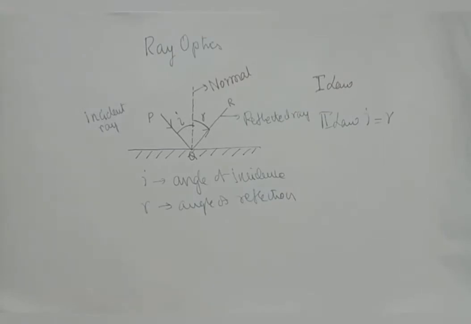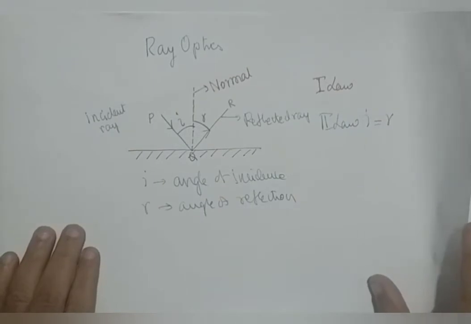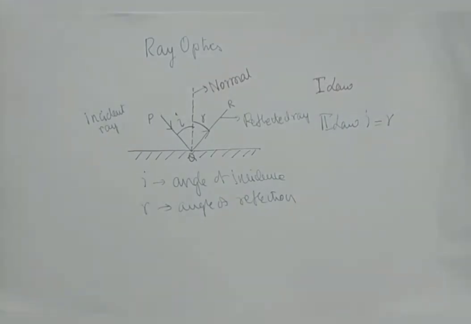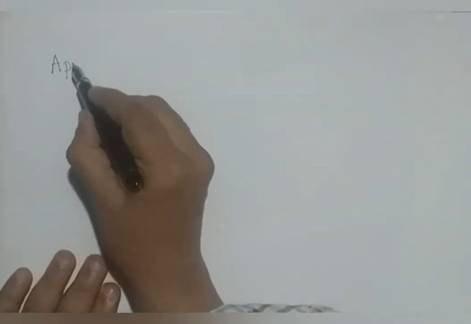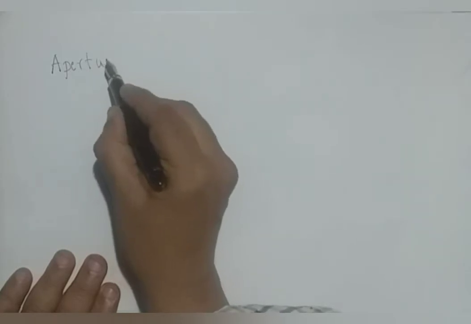So next we continue with the idea of curved surfaces or curved mirrors. Before that, we start with aperture. Say, the first word in ray optics, the definition is aperture. Now, with this basic background, aperture is the area available for reflection. With these things, we continue with the mirrors, especially curved or what we call spherical mirrors. We concentrate on that as it is given in your NCERT topics.